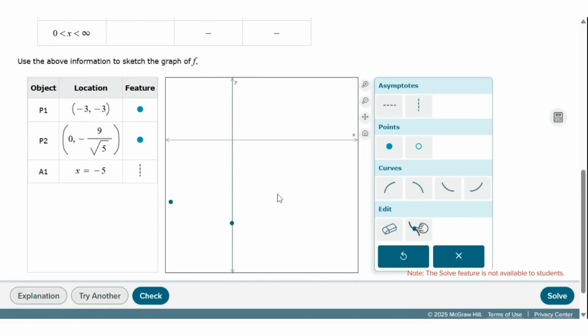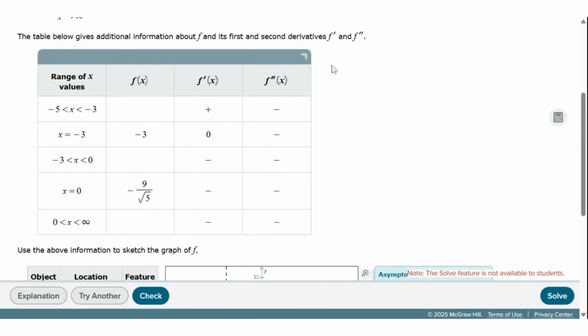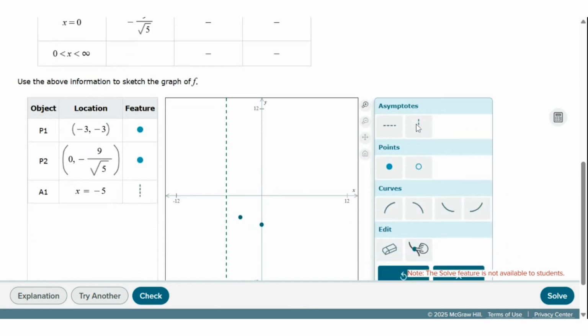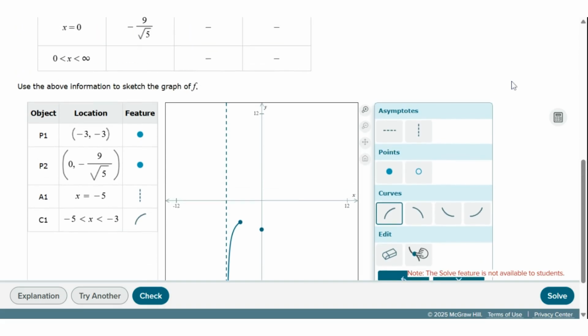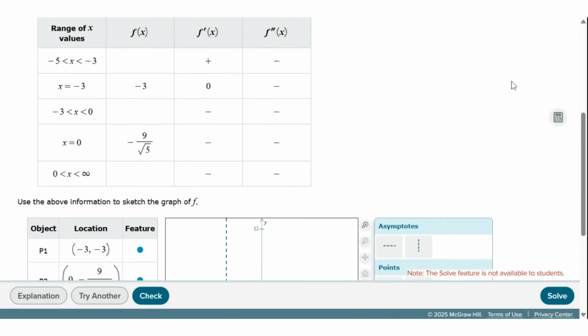And we're going to try to fit these curve pieces according to the concavity and the slope. So it says from -5 to -3, the slope is positive and it's concave down. So negative second derivative means concave down. So positive, concave down, and there it is. So that's this portion right there. Okay, and that looks about right. We knew it was going to be shooting down towards -infinity as we got closer and closer to -5 from the right. The next section here is going to be